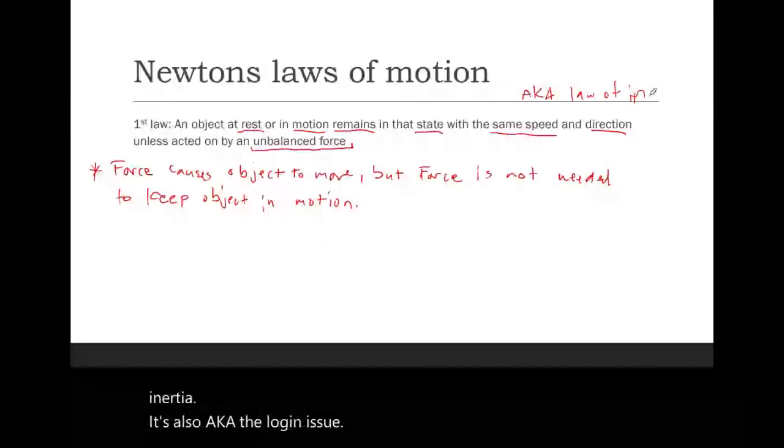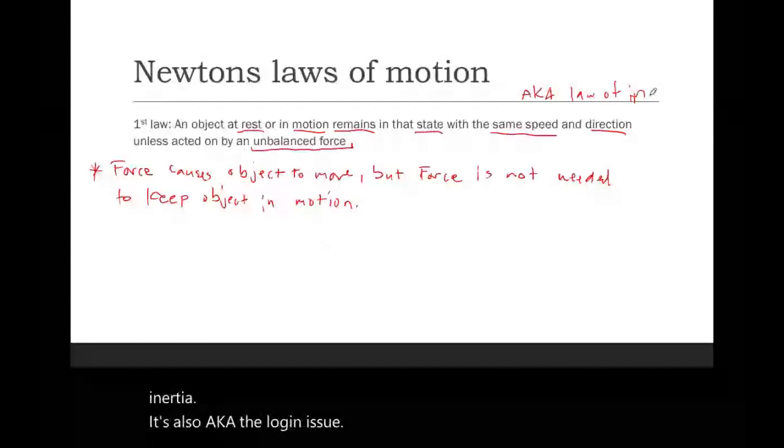So the question here, or the question Newton asked himself, was why does the ball continue to move? Why doesn't it come to a stop? And we know for one, it doesn't come to a stop because if we say there's ice, that's kind of assuming that there is no friction. And if there's no friction, there's nothing to slow the ball down, and so it just kind of continues to roll. But again, what causes it to continue to roll if there's no forces pushing on it?